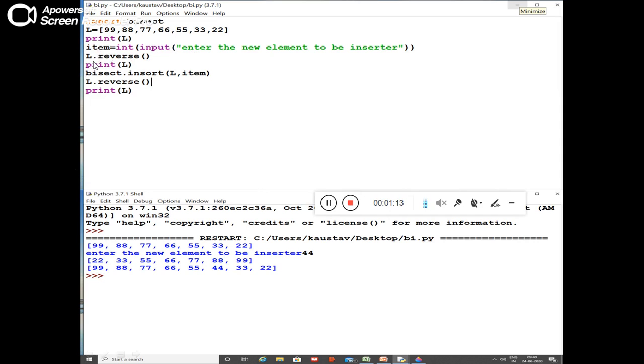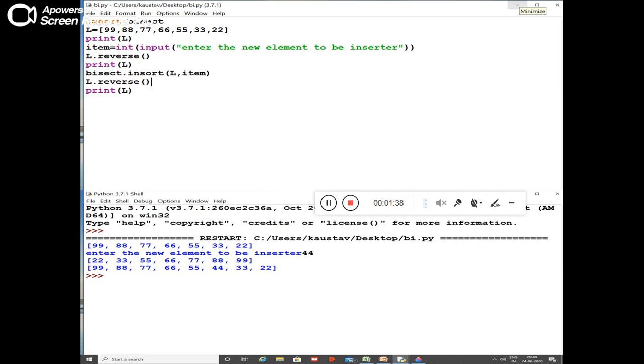Now I will reverse the list. After reversing, I print it, and after reversing, I insert the element. If it is a descending order list and I reverse it, what is going to happen? It will become an ascending order list.